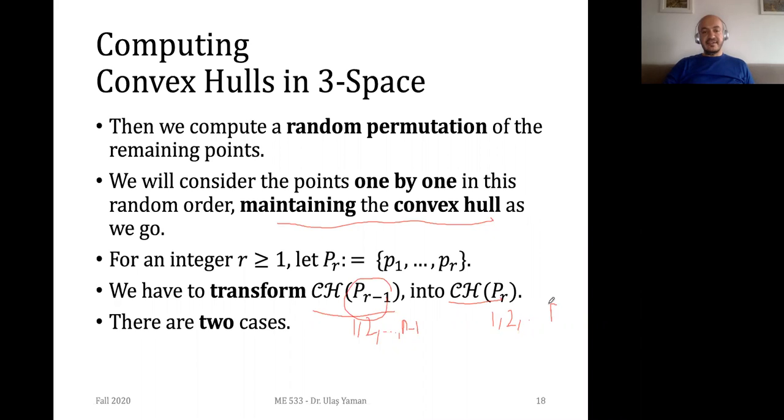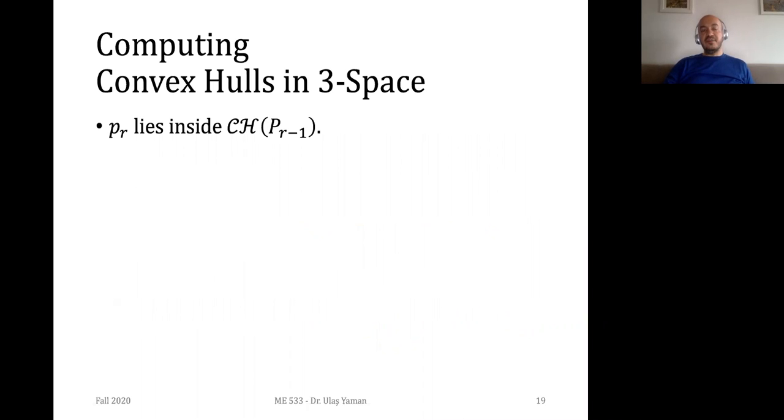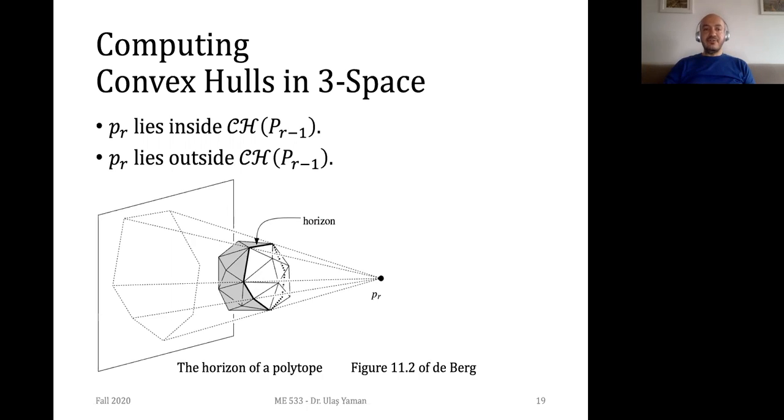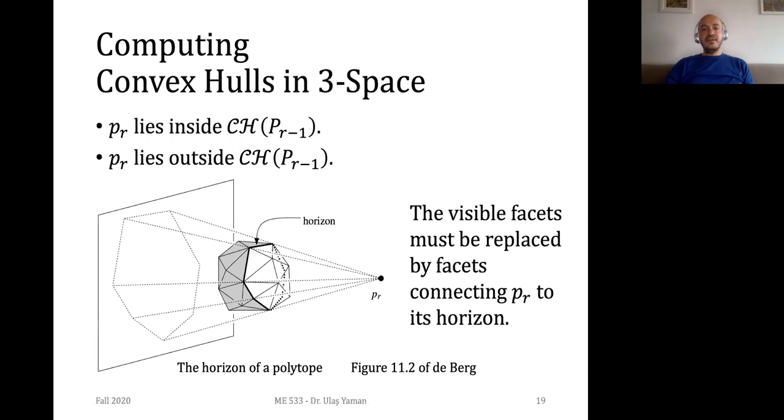And there are 2 cases, not complicated. In one case, your point P_r, the new point, might be inside your available convex hull, or it might be outside the available convex hull. So if it's inside, then things are simpler. You don't need to do any computation. The next convex hull will be exactly equal to the previous convex hull. But if your point is outside your convex hull, then that means you need to do the computation and obtain the new convex hull. So how are we obtaining